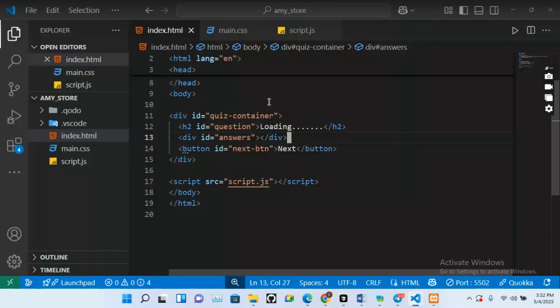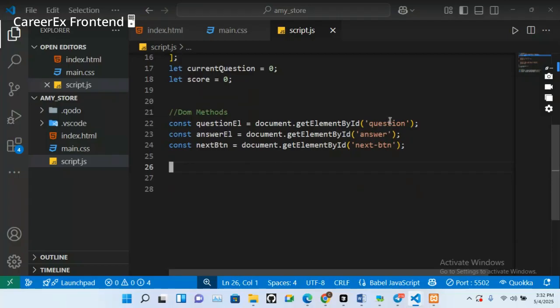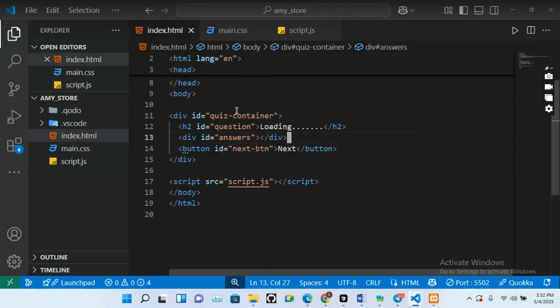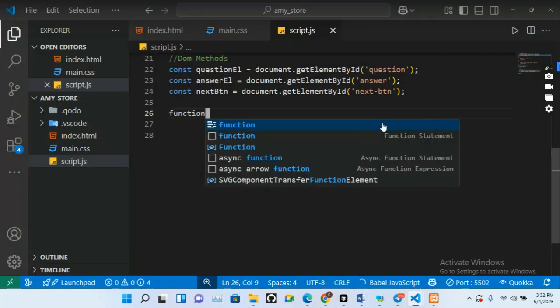So let's make progress. We successfully grabbed our IDs and stored them in our script.js, which are these three: question, answer, and next btn, as you can clearly see on this HTML structure. So now let's create our functions. As usual, we'll create a function that loads the question. So function